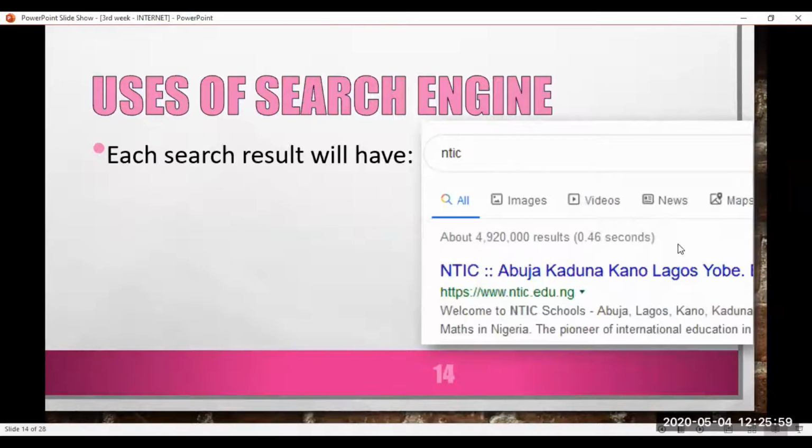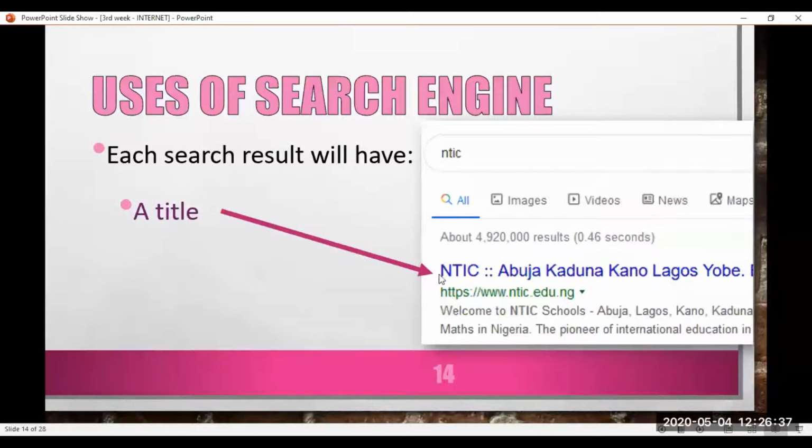For example, if you go to the Google search engine and type NTIC in the search bar, everybody, there are some tabs. The first one is the All tab. You can search as image, as video, as news and maps and other things. But here, after the tabs, there is how many results and in how many seconds it found them. And the important thing I want to mention here is the title.